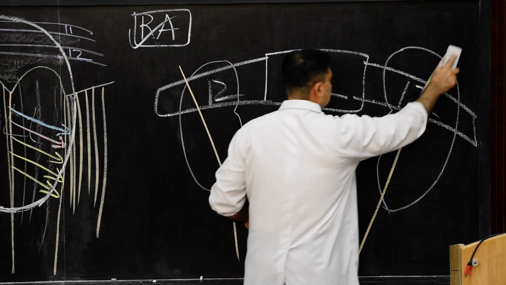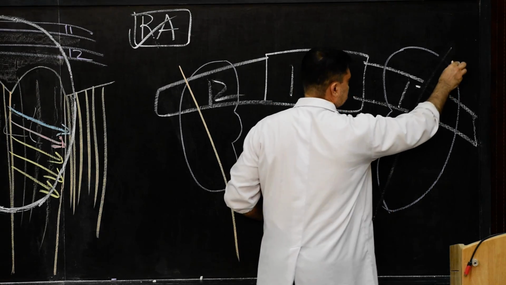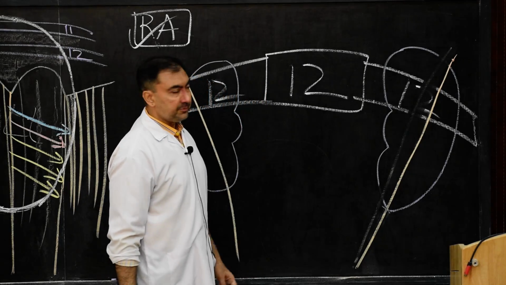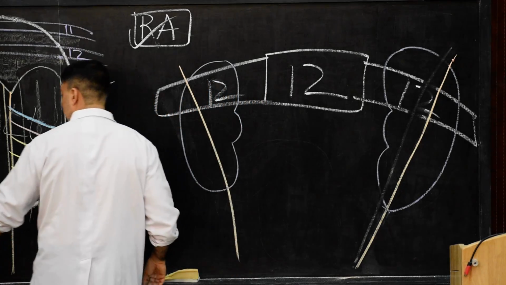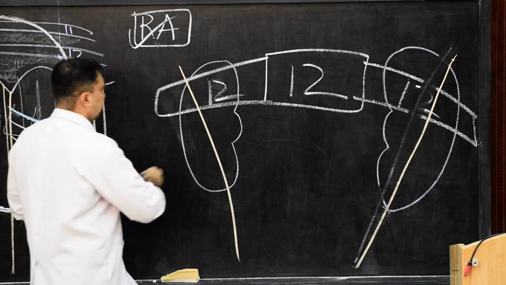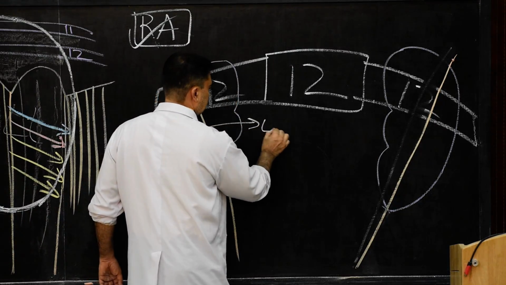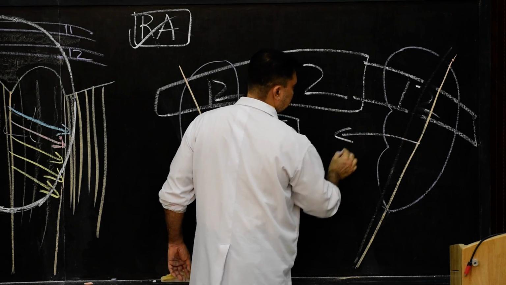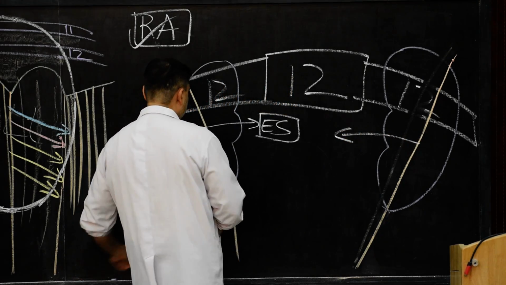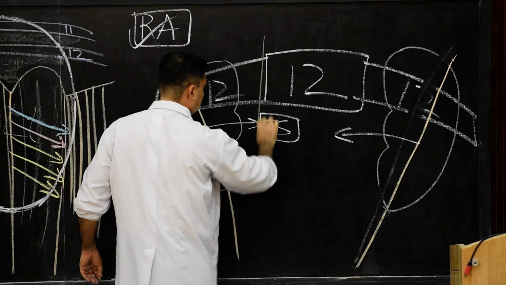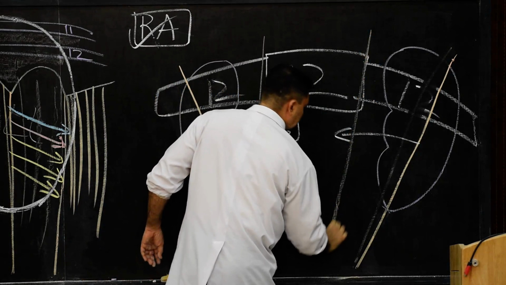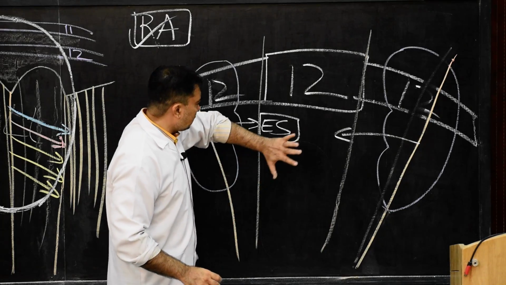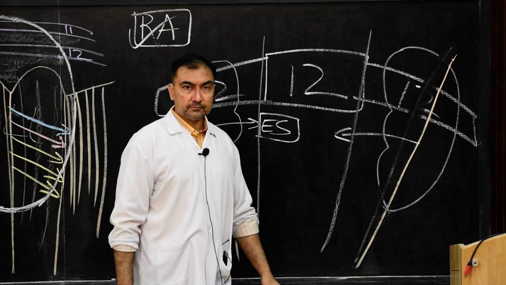Here, this lateral border I will just show on this side. So this much will be the lateral border of erector spinae. And here I am going to name this as erector spinae. This is also erector spinae. Remember, this erector spinae group of muscle is a very thick muscle. This entire muscle here, erector spinae, in the back. So we have drawn this diagram from the back.